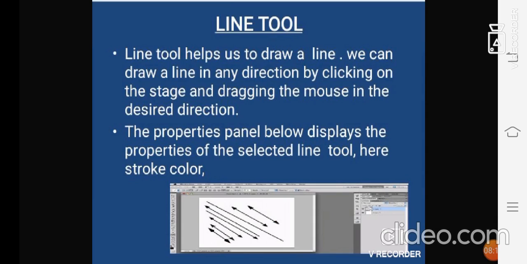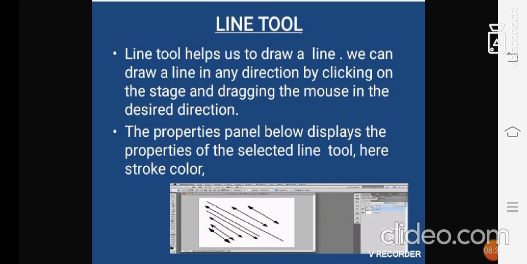The line tool helps us to draw a line, and we can draw a line in any direction by clicking on the stage and dragging the mouse in a desired direction. The properties panel below displays the properties of the selected line tool.